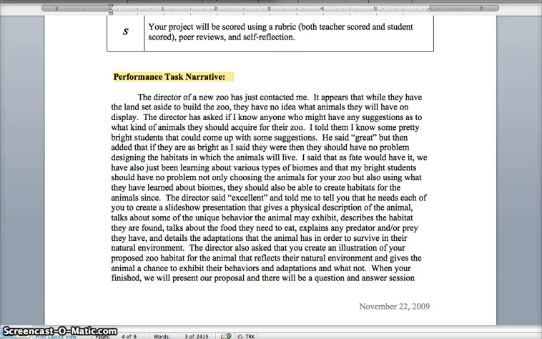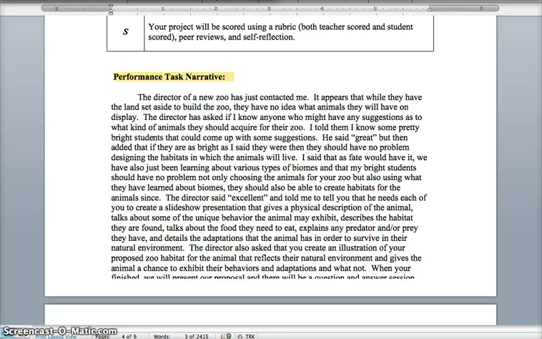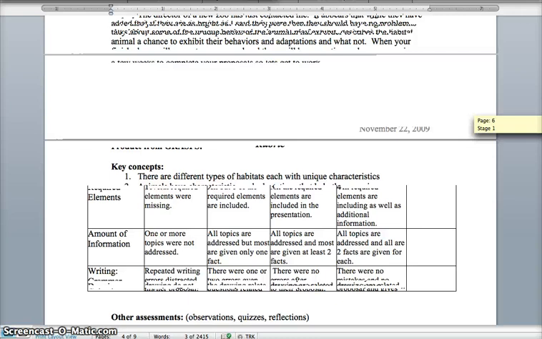For example, this one is written as a new zoo director has contacted the teacher. They're going to be setting land aside to build an entire new zoo, and he wants the students' input on what kind of biomes need to be included. Okay? So write out your performance task, and then the final component, of course, having a scoring rubric for that